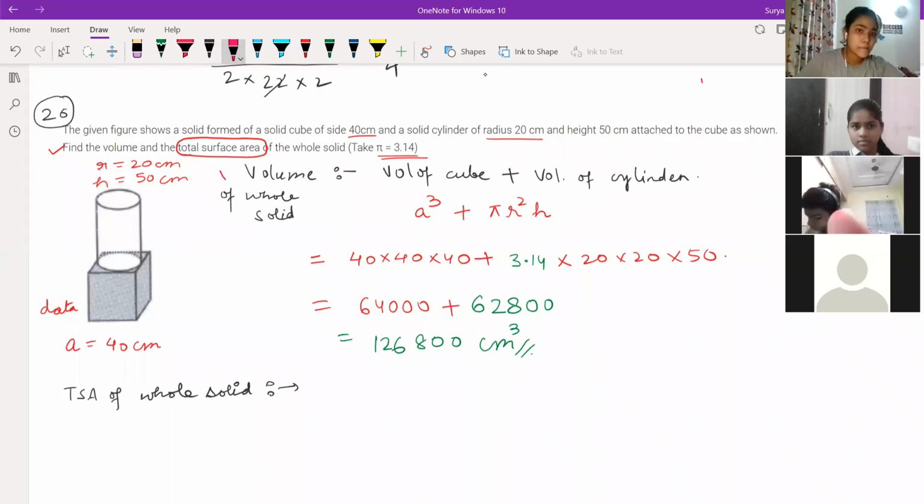See, volume does not have any relation with total surface area. First, try to understand. Volume does not have any relation with total surface area. Try to understand, all of you. Total surface area means the part of the solid which you can touch by your hand. So which part can you touch? See, I'm taking that part. This part you can touch. This part you can touch. Means the whole CSA you can touch.